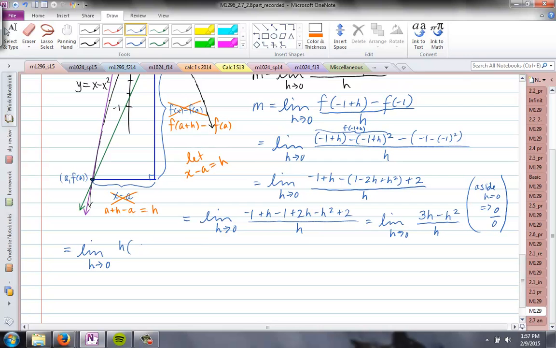So just factor out the GCF on top. It's an h. If it's not an h, you screwed up. Go back, figure out what you did wrong. h's cancel, and so now we just have to plug in h equals 0 to this equivalent function that's defined at h equals 0. So 3 minus 0 is 3,